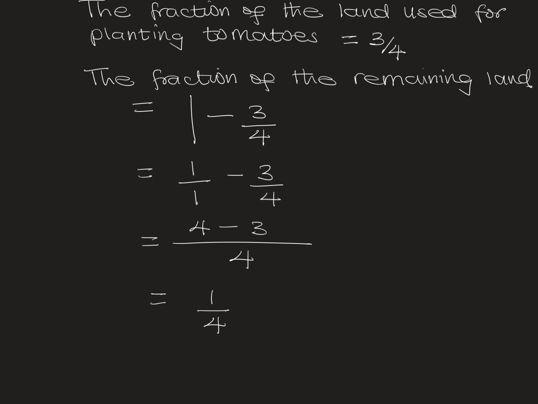So you see, we have said that if 3 over 4 is the land used for planting tomatoes, then the remaining land will be 1 over 4. Okay, so it is from this 1 over 4 plot of land that was used for planting onions and cabbages. Moving on,